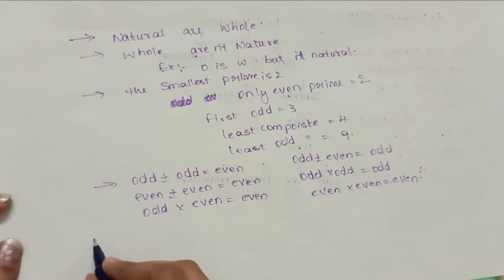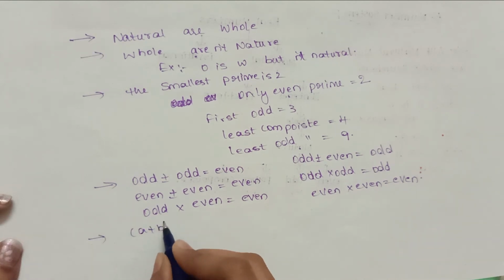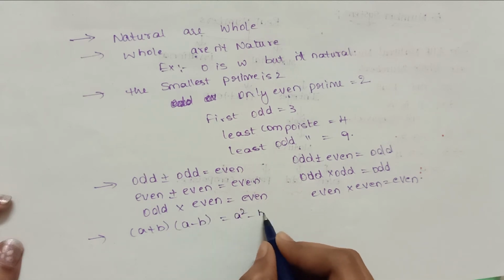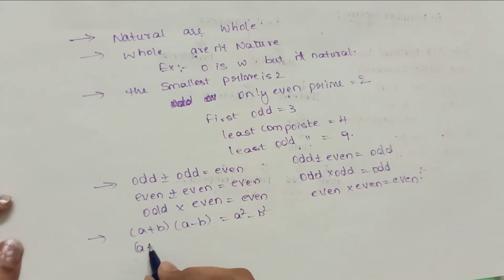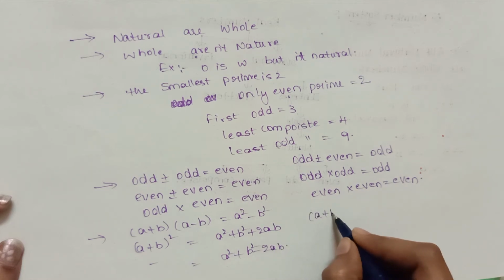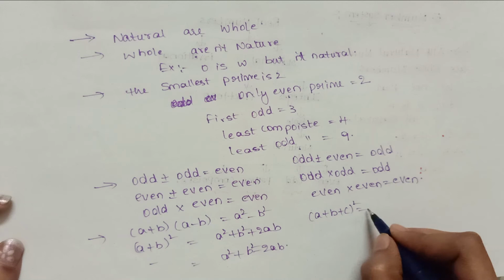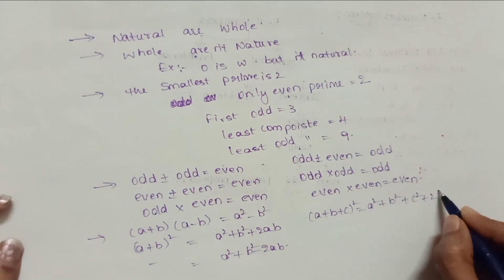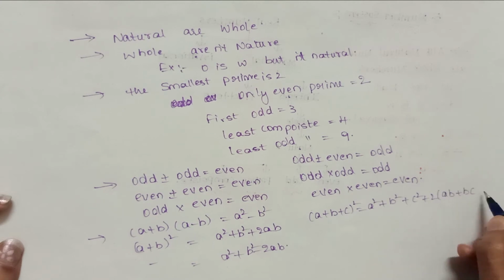And next important formulas are a plus b into a minus b is equals to a square minus b square, and a plus b whole square is equals to a square plus b square plus 2ab. If they give minus, a square plus b square minus 2ab. a plus b plus c whole square means a square plus b square plus c square plus 2 into ab plus bc plus ca,